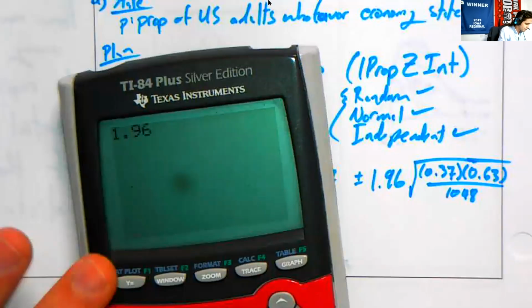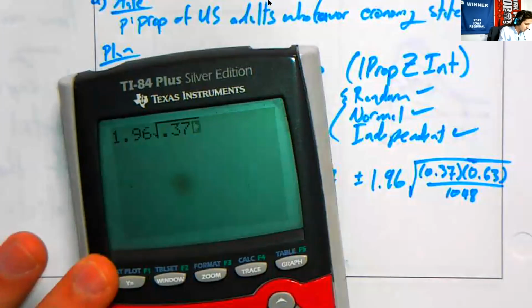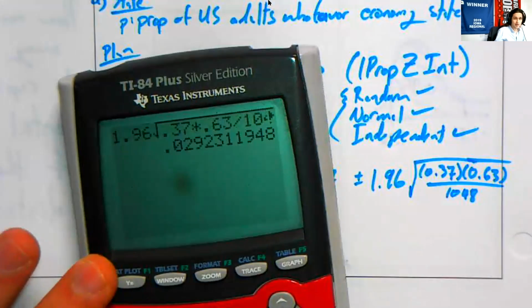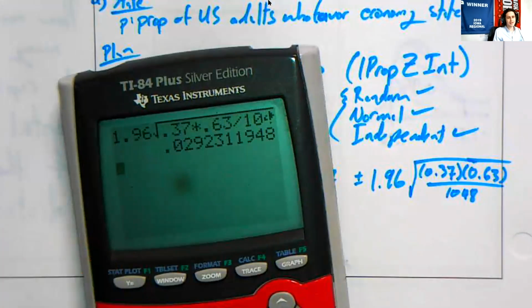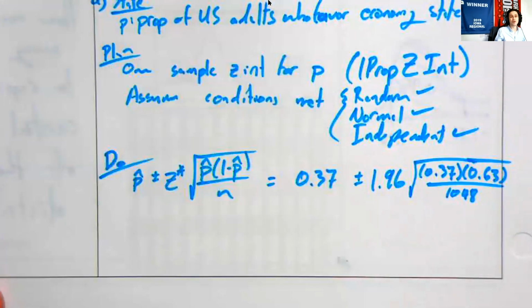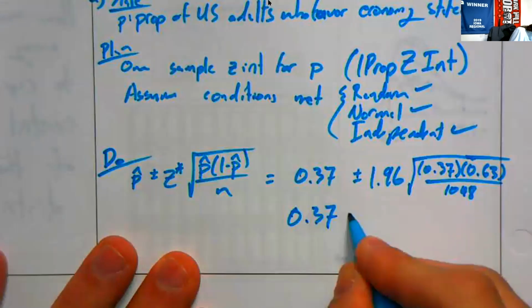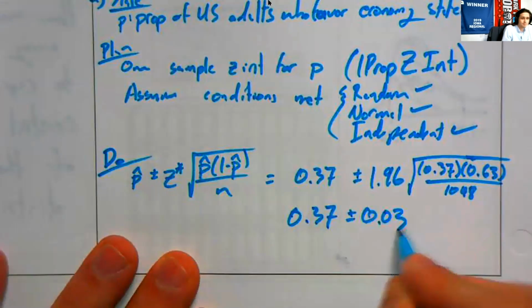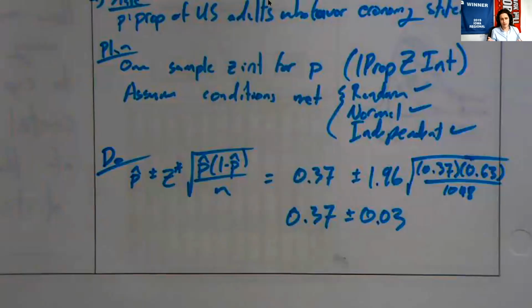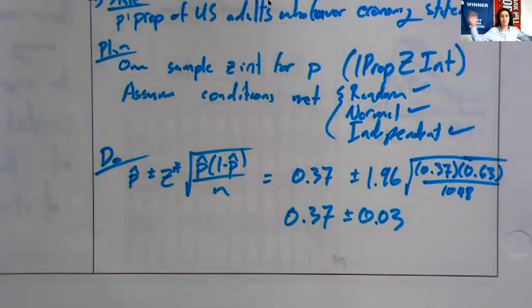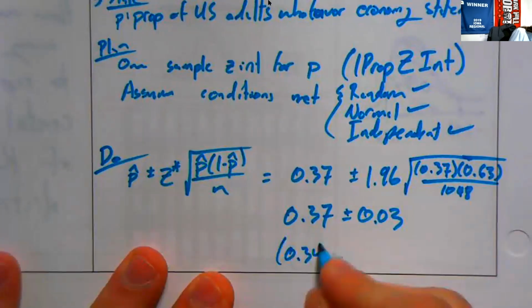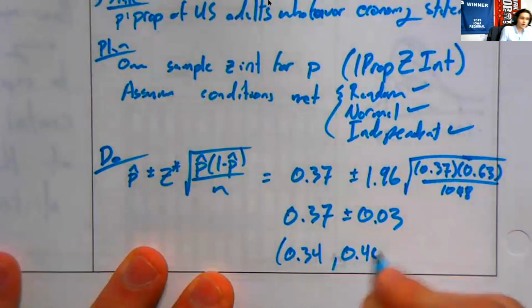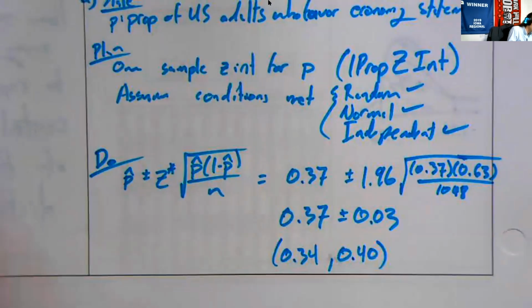1.96 times square root 0.37 times 0.63 divided by 1048. I do that, and that's 0.029. How many decimal places? Let's call it 0.03, make our life nice and easy. So 0.37 plus or minus 0.03. Now I'm telling you we're looking 3% away. So our final interval is 0.34 to 0.40. That's our confidence interval. And now for the conclude statement,